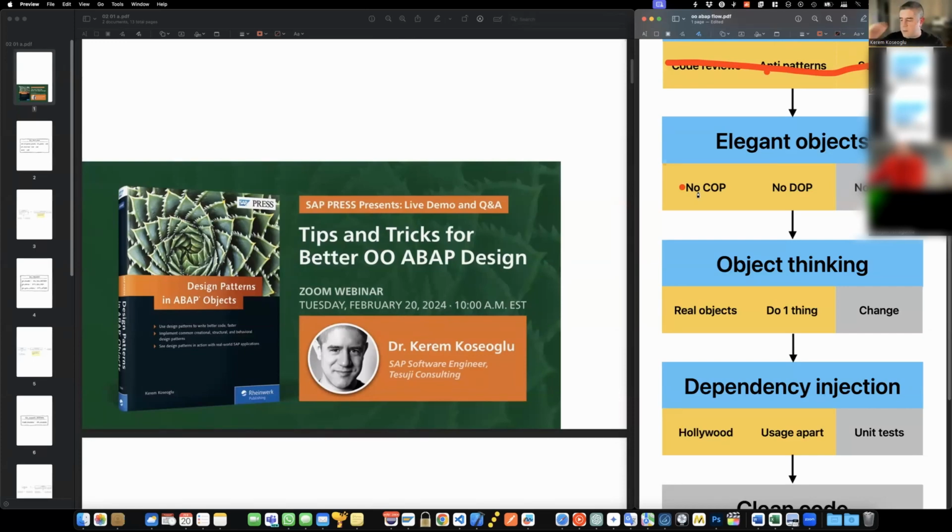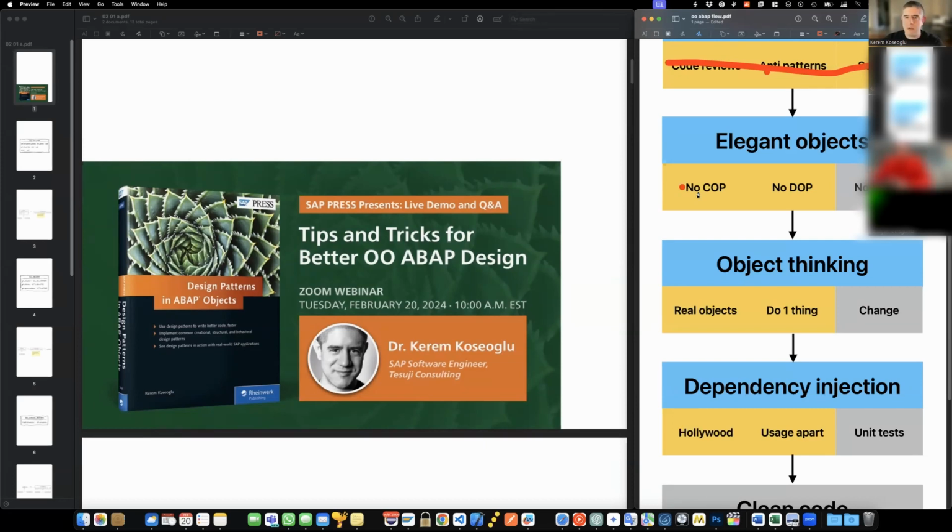There's usually a huge confusion in the object-oriented world. Just because we are opening a class and writing our ABAP code into the class does not mean that we are doing real object-oriented programming. We need to apply the best practices of object-oriented programming so that we are really reaping the benefits.